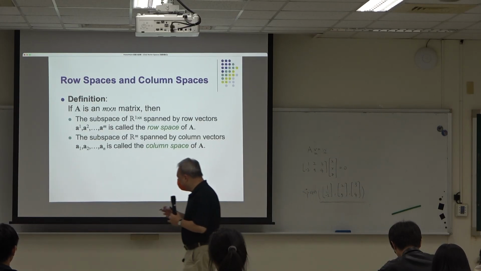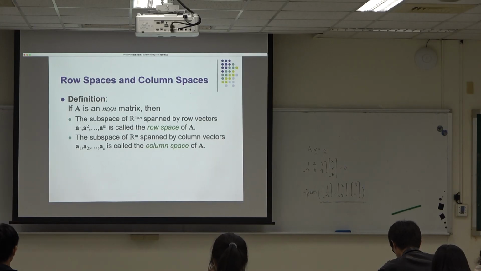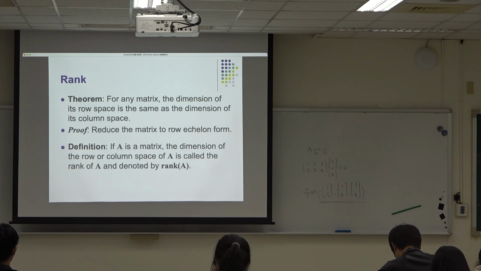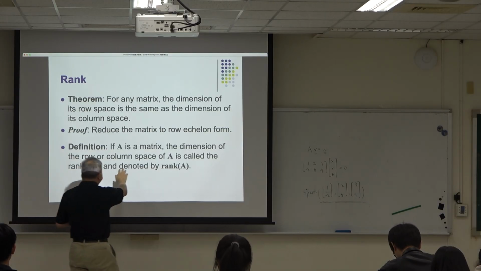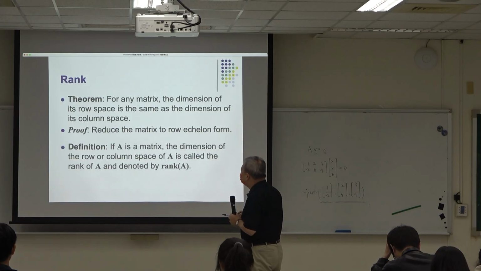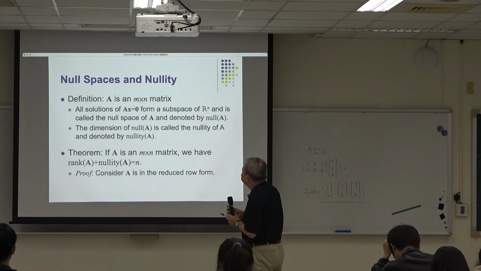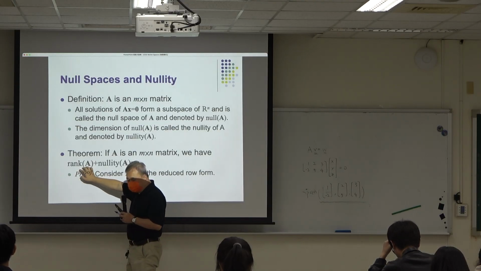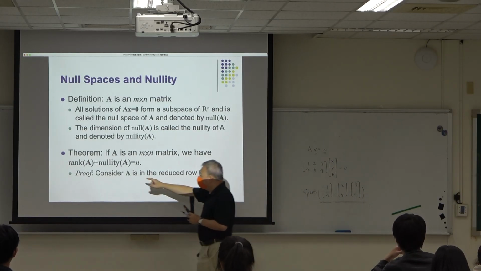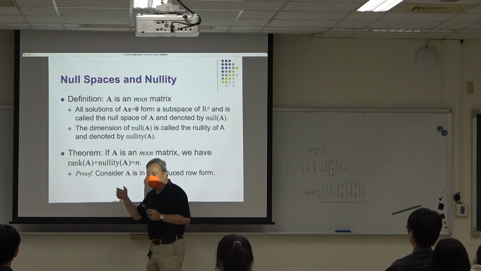The range of L is basically the same as the column space of A. And the dimension of the row or column space of A is called the rank of A. And we have proved here the rank of A, which is the dimension of the column space, plus the nullity of A,